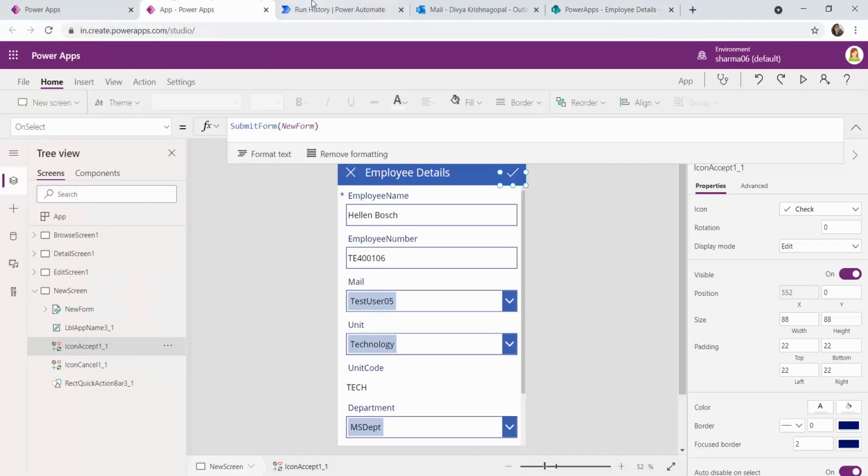So that is the idea that we will be creating now in this demo. And this will require calling the Power Automate from Power App. So that also we will do.